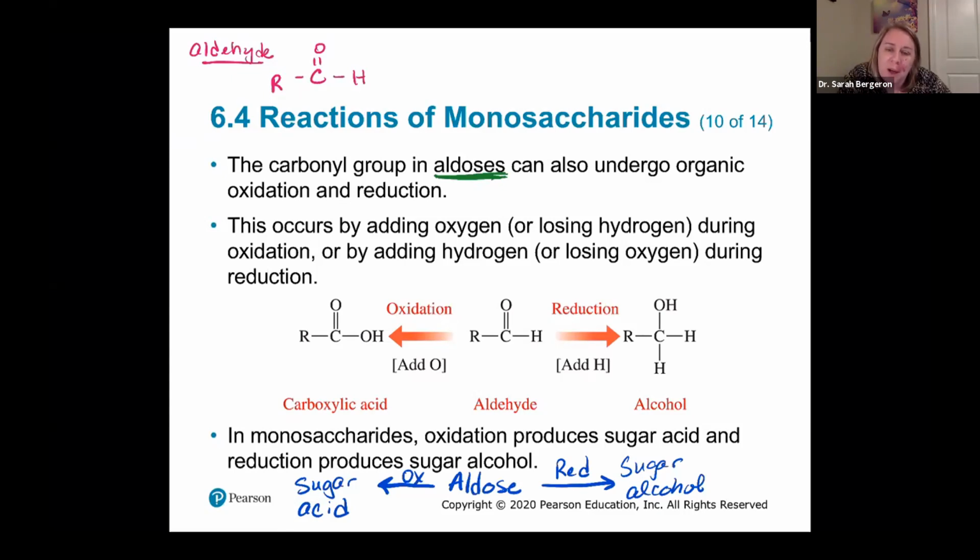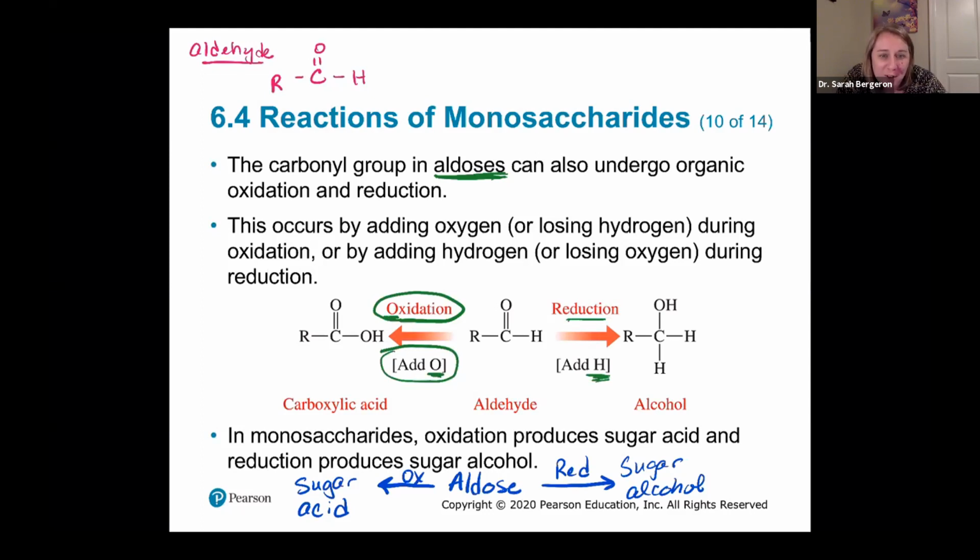So when we undergo oxidation reduction, when we talk about organic compounds, we're going to talk about gaining or losing oxygens or hydrogens, right? So if you oxidize, you're going to add oxygen. So oxidize, add oxygen, O and O. If you reduce, you're going to add hydrogen. So if you always say it in terms of add, then you're always going to get it right, because oxidation